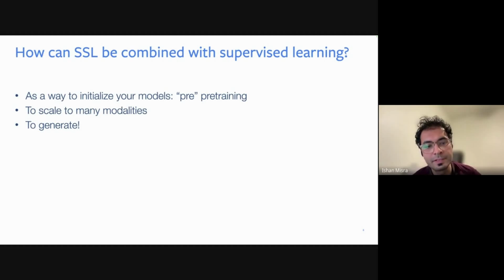And so as one of the simple things, you can actually use self-supervised learning to initialize your models that will then be used with supervised learning. And we call this pre-training because we can do this at really, really large scales. We can also use self-supervised learning to combine and scale models to multiple different modalities, so to go from just 2 modalities to 6 or 7 modalities. And finally, SSL is really, I think, one of the guiding principles for doing generation. A lot of the generative models that you see are, I would argue, doing self-supervised learning in some form or